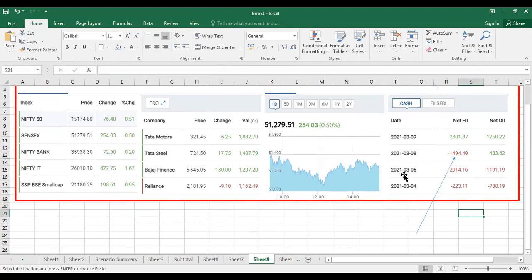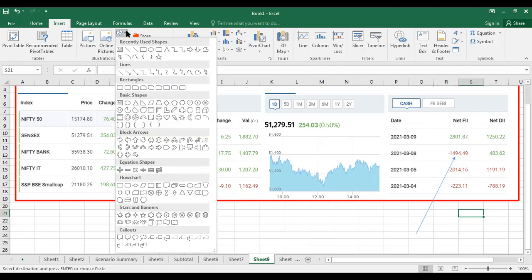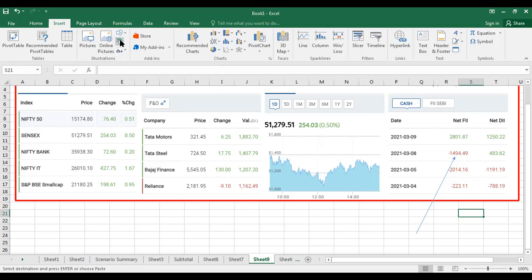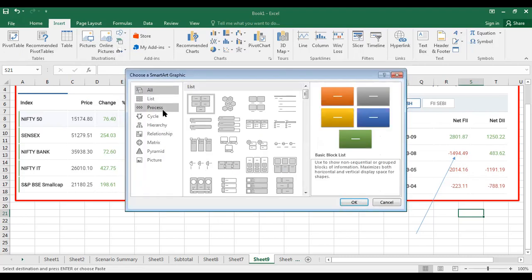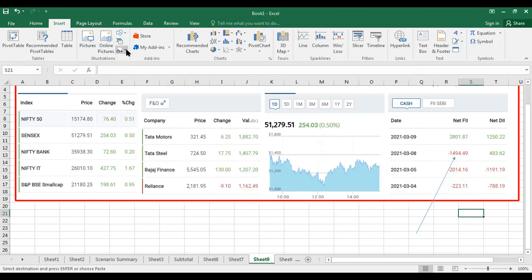So we can bring pictures to an Excel sheet. It is possible, though we commonly do it in MS Word. You can take an online picture, an offline picture, use shapes to represent some data, or bring in SmartArt, where you can give the information. In the same way, we have an option called screen clipping. Through this, I try to bring data.